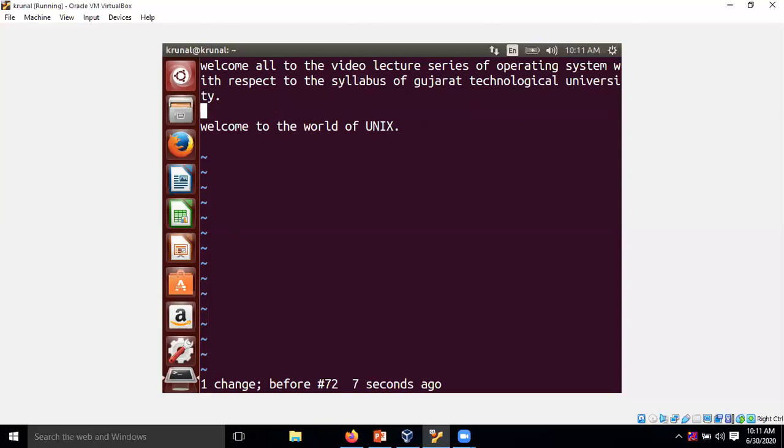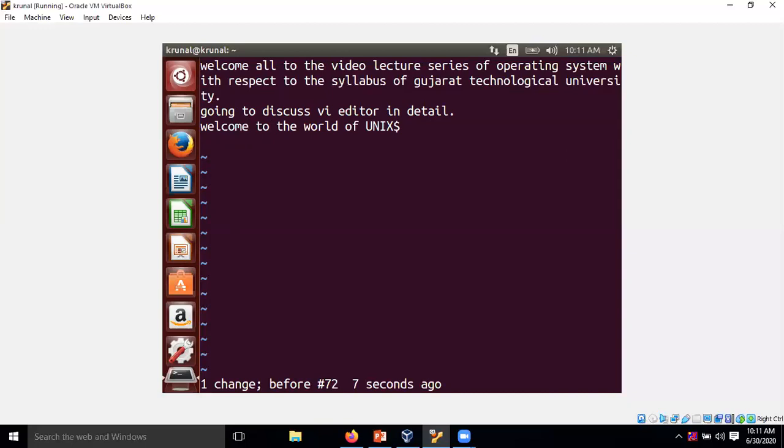Suppose I am located over here, and I press it, it deletes the content of the line after the cursor. So capital C will delete the line after the cursor, whatever content we have.